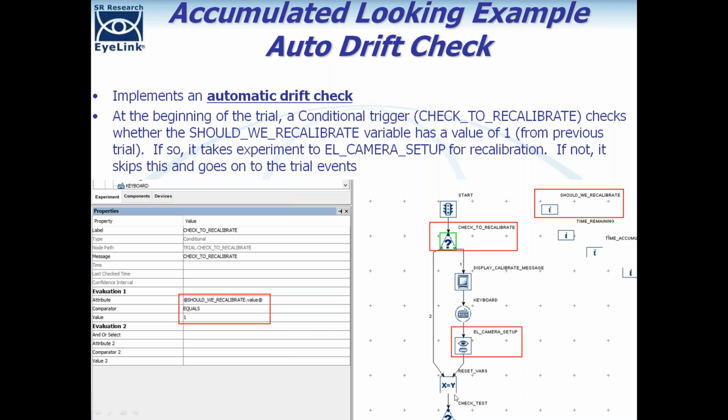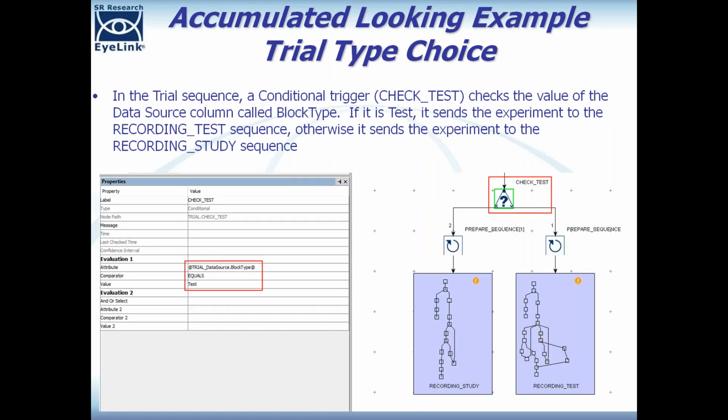So it's not very complicated. It's just a way to ensure that if 10 seconds pass on each trial without the participant looking at the cross for 500 milliseconds, then we're going to give ourselves an opportunity to recalibrate before the next trial starts. Okay, I just wanted to explain that stuff before we get into the accumulated looking. Okay, so now let's talk about,